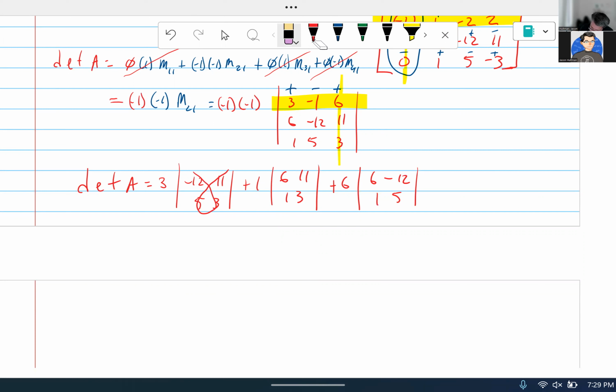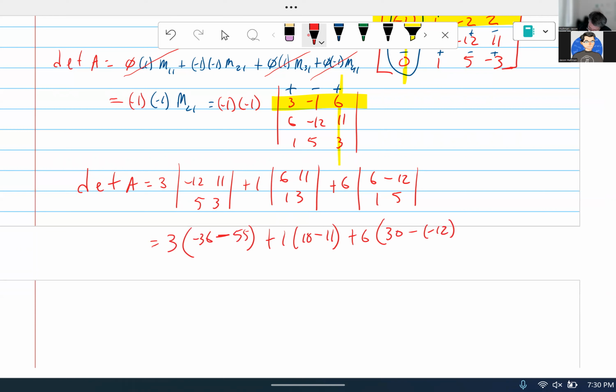I'm going to do some of the multiplication in my head. I've got 3 times negative 12 and 3, that's negative 36, minus 5 times 11 is 55. Plus 1 times 6, 6 times 3 is 18, minus 1 times 11 is 11. And then plus 6 times 5 is 30, minus 1 times negative 12 is negative 12. And so we get 3 times